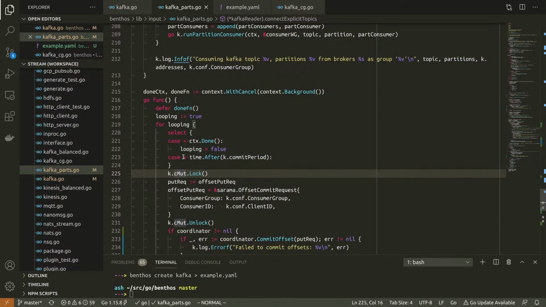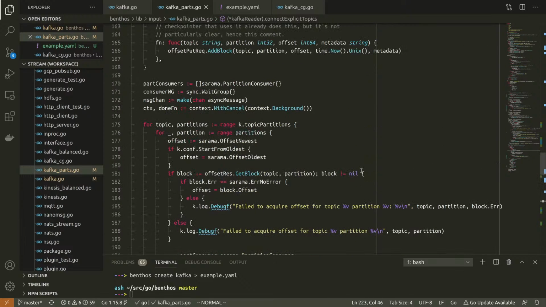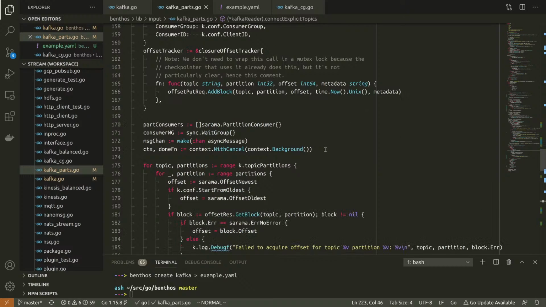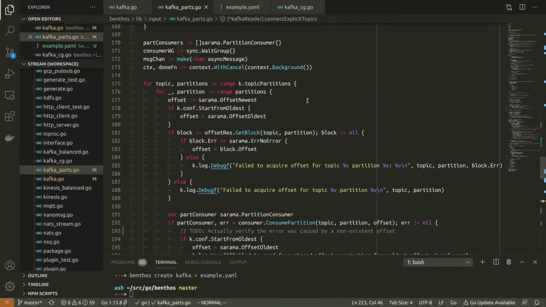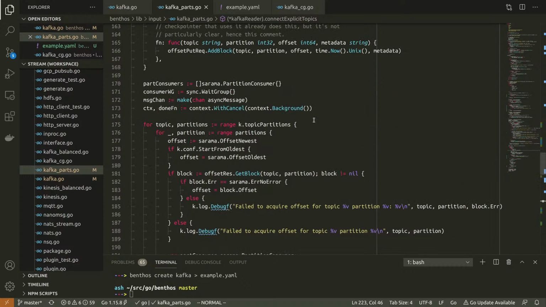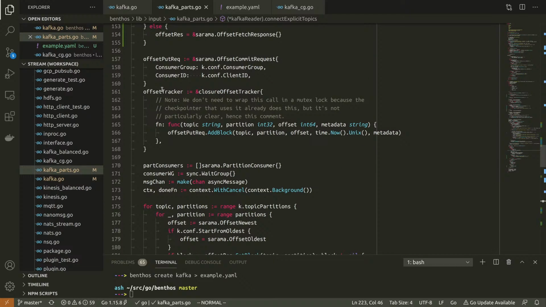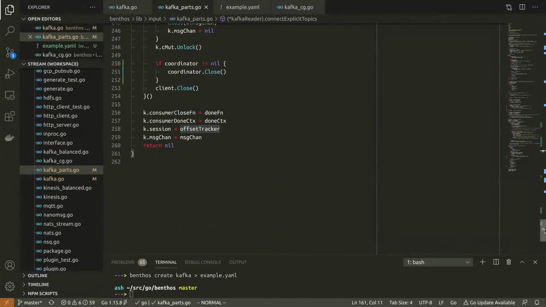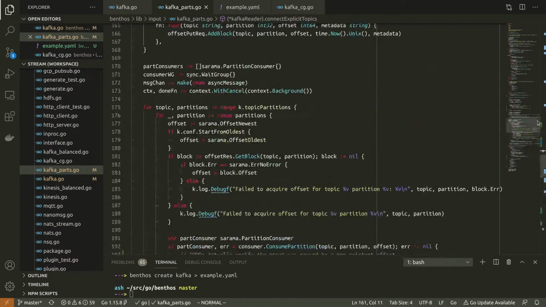If I was really looking to optimize this, then I could pull this out into a channel that gets initialized earlier, and I would put this around an if block. So if the coordinator is not null, then establish it. Otherwise, just leave it as an uninitialized channel, which will block forever, and then we only break out of it once the context is closed. But yeah, I'm not too fussed about that right now. Where does this offset tracker get used then? So okay, right, yeah, there's a bit of bouncing stuff around here.